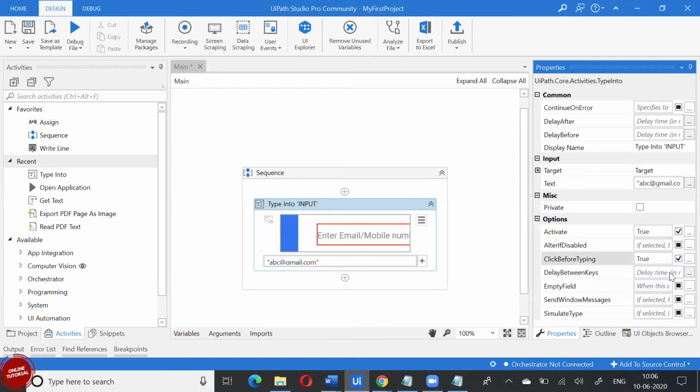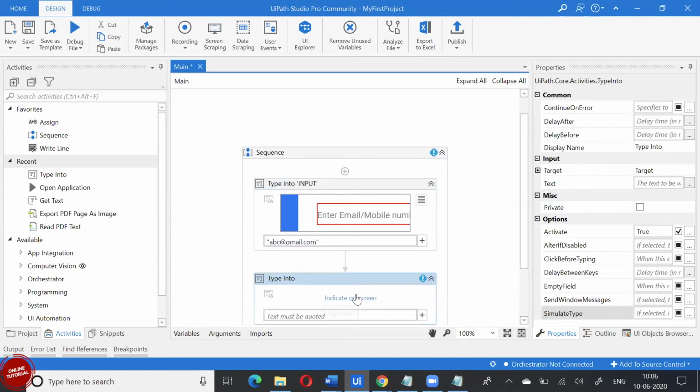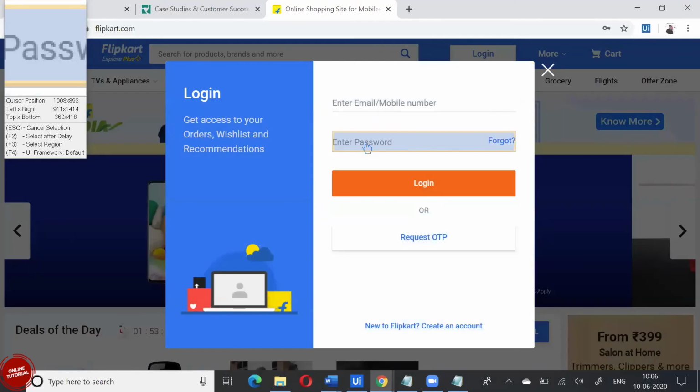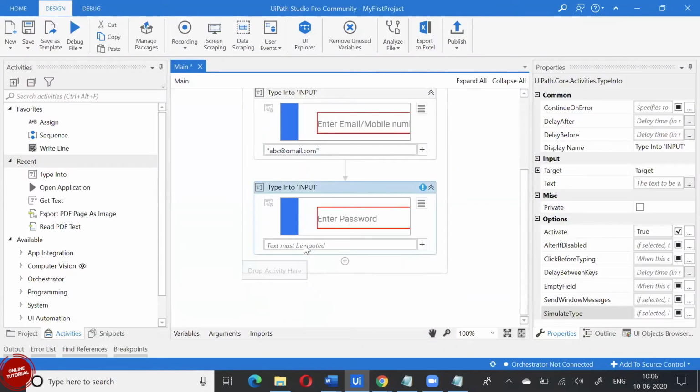So I'll change the properties. And then we'll have to type a password, so now I'll enter the password. I'll tell the system where to type the password, and I'll say what password it is. Whatever password you are supposed to use for that URL, you type it here. Usually it's not like this. It is very secured.